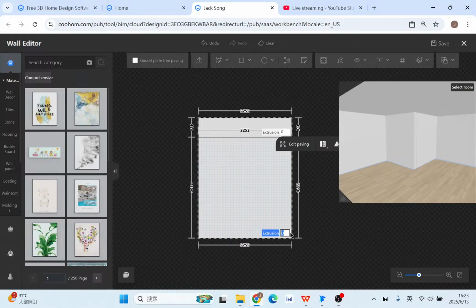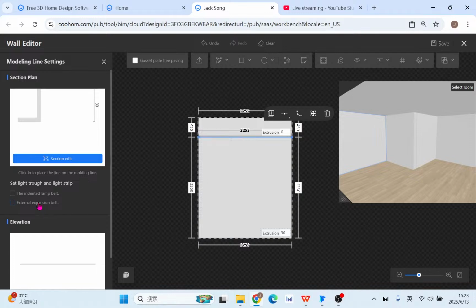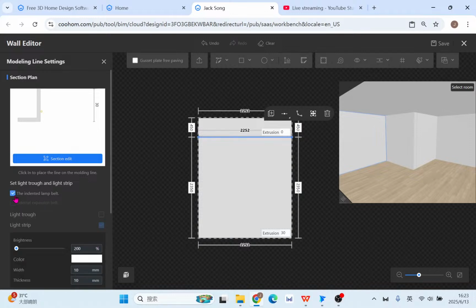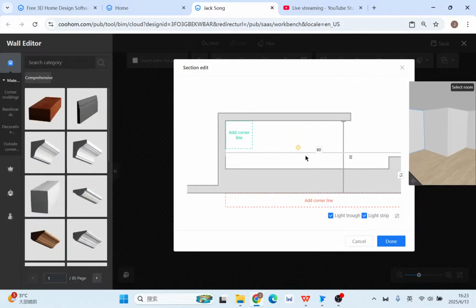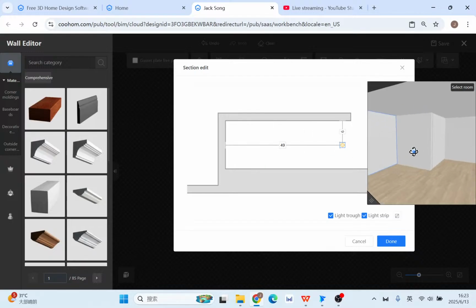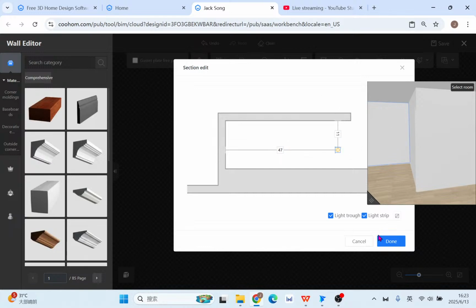So here extrusion very small. Let's say 30, and then you can click this line. We settle as the intent. Okay, of course with the light through, but this time section edit. Don't forget to put it go up a little bit, okay? In order to allow more lights to coming out. So don't put it too deep, okay? When you see this, you have to think, okay, in the 19-degree reverse, okay, to change to see like this, okay, the different angles. So put it out a bit, click done,